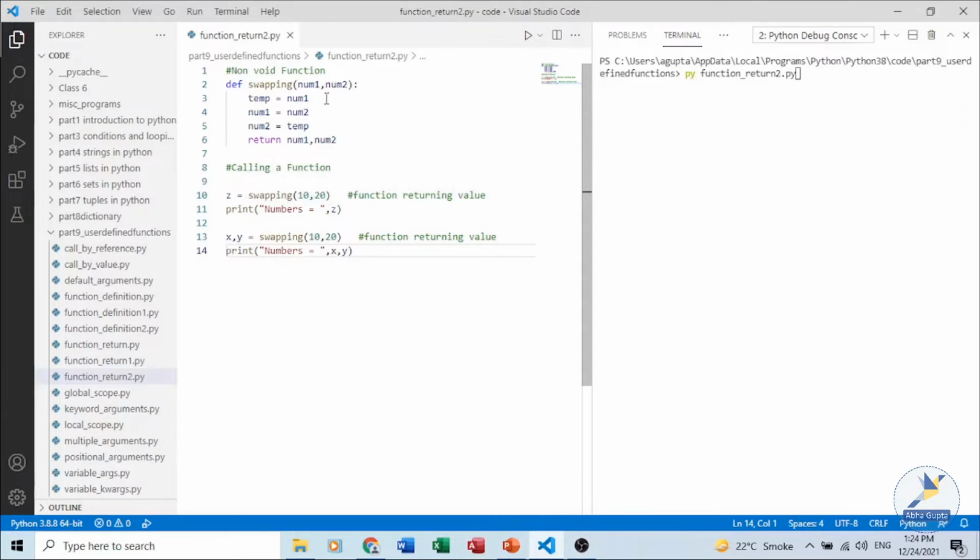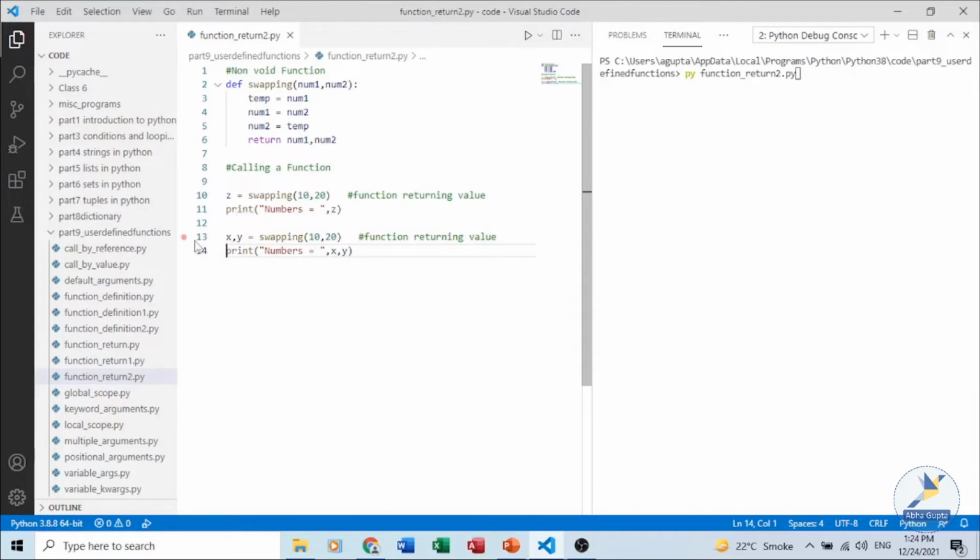The values are being swapped and it is returning the data, and we are storing the return value in a variable z. If we print z, it will be printed as a tuple. The output will show a tuple. Since we are returning more than one value, we can also directly unpack the return value in different variables.